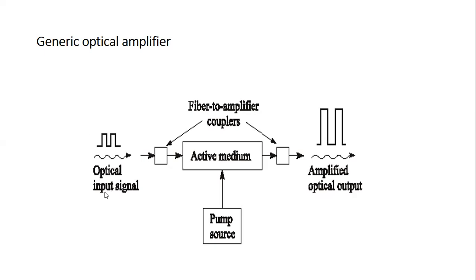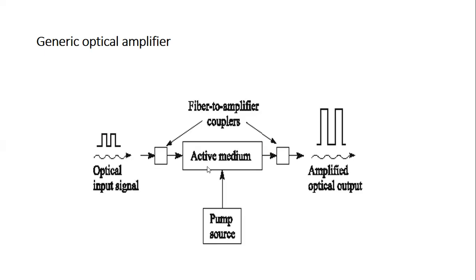So these signals are coming from the optical fiber, and this is also the amplified output signal. This is also transmitted to the optical receiver via optical fiber. So in between this amplifier and fiber, there is a device that is the fiber to amplifier coupler, and in between there is an active medium, and here is one pump source, and this pump source supplies energy to